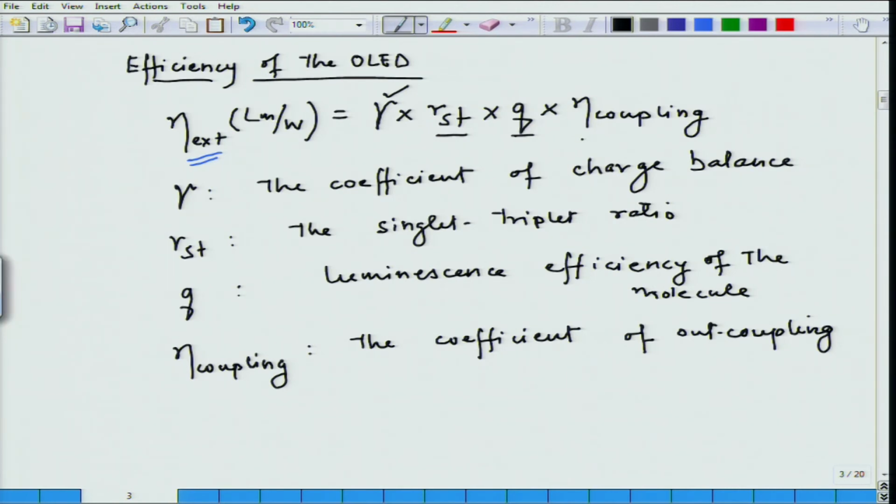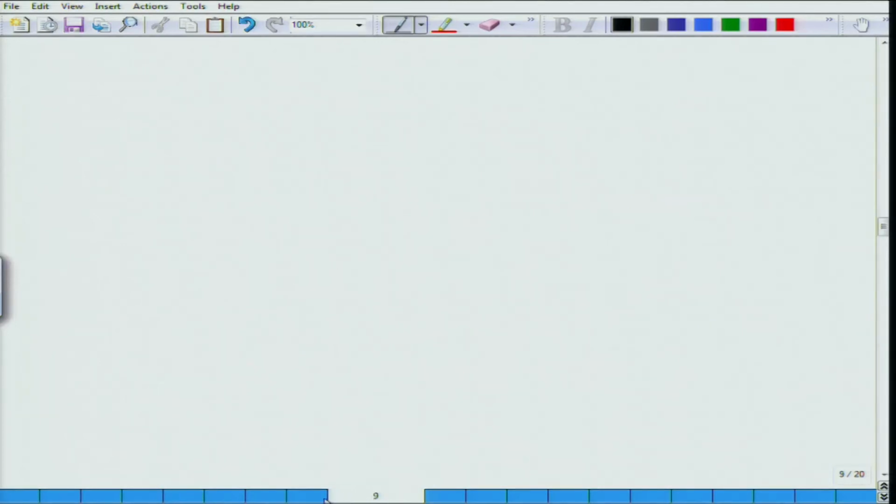Now, finally, the last term, which is once we have made sure that each electron forms an exciton with the injected hole, and then we are able to collect the light from that particular exciton. Now, this light has to come out of the device, and this is where the last part of this efficiency equation comes, because it is not possible to collect all the photons which are generated by the excitons created in the device. And the reason for that particular loss is this, Eta outcoupling,